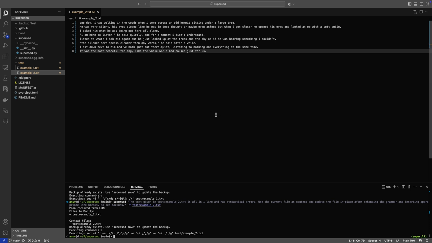So that's two quick examples. You can do a lot more with this. If you start exploring, you will get to know. So yeah, I would like some feedback. If you would like to try, please try it out and let me know what you think.